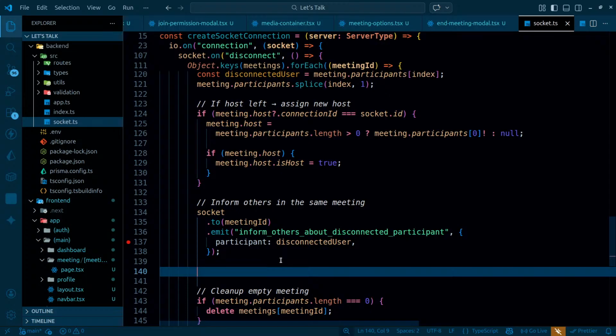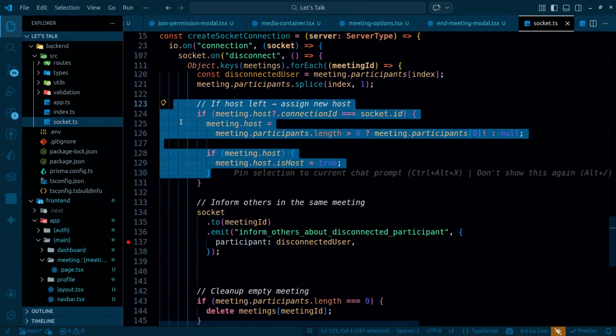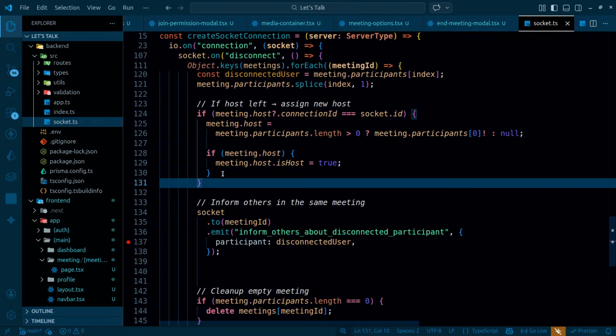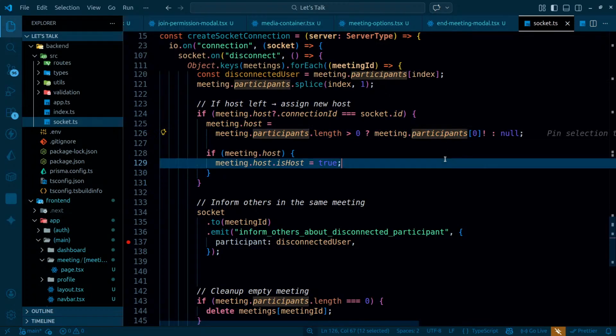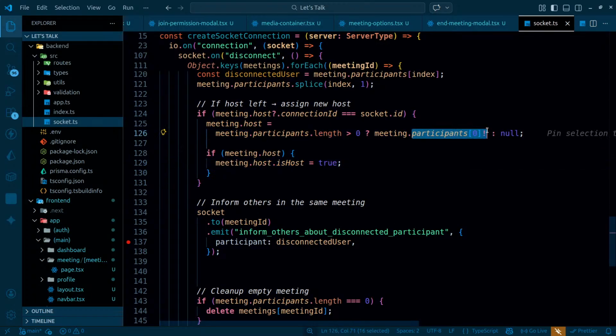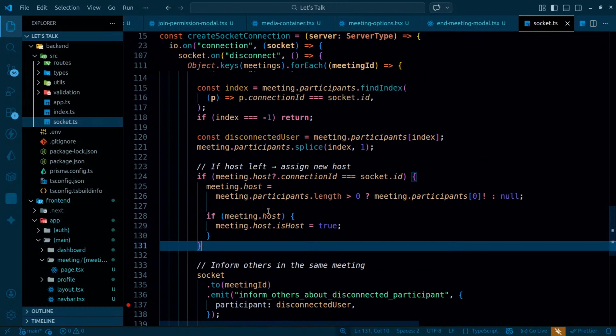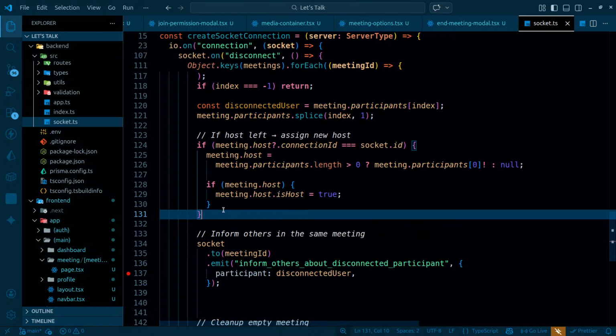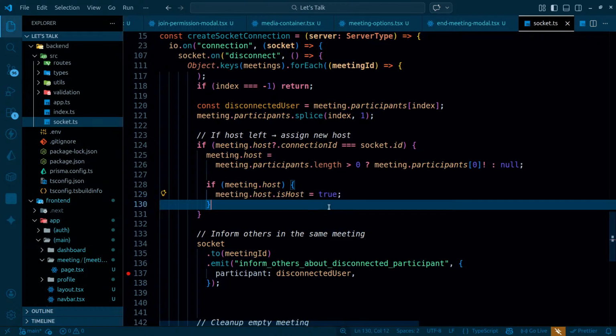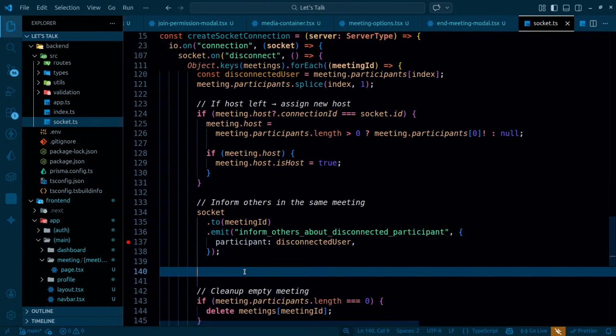Could be the host left the meeting. Once the host leaves the meeting, the next participant, that is the participant at the 0th index, will become the host, and once that particular participant becomes the host, in that case meeting.host is gonna be true, and